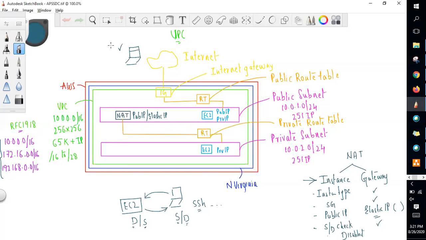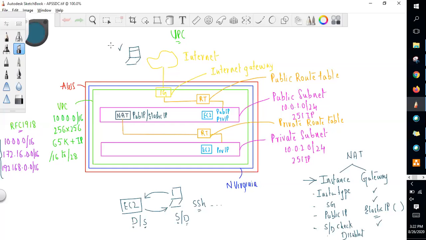Okay, ma'am. So at first, I will explain whatever is there in the display. The first box is the AWS console, wherever we are creating, and then the blue one is the region, where we are going to save our data. So we have selected North Virginia. In that, we are creating a VPC. In that VPC, we are going to create